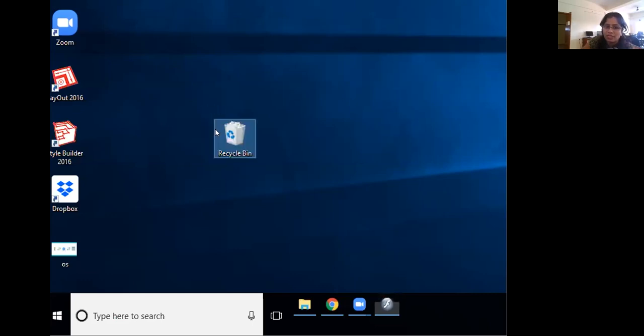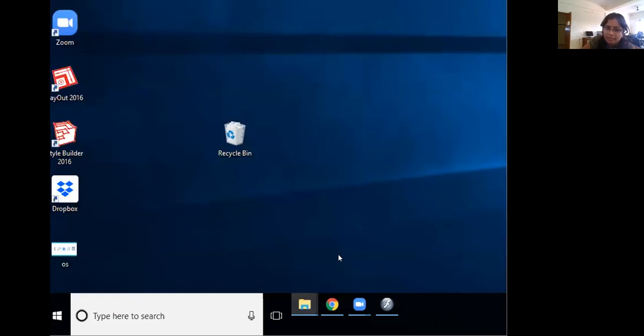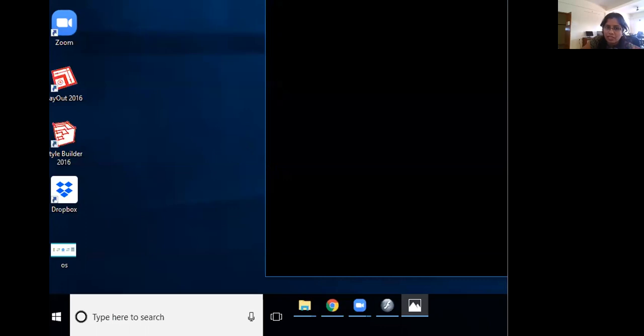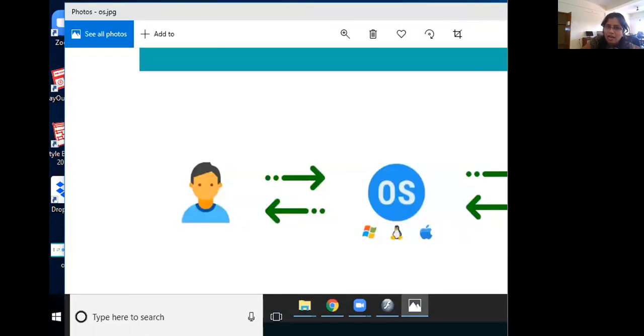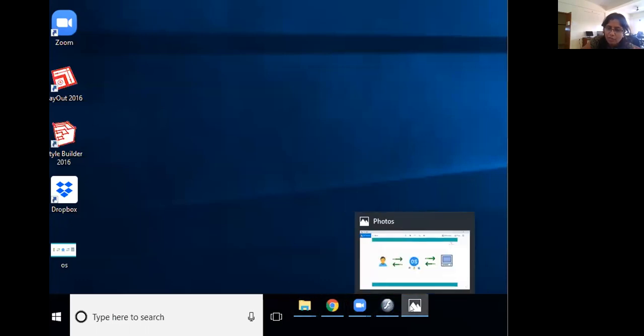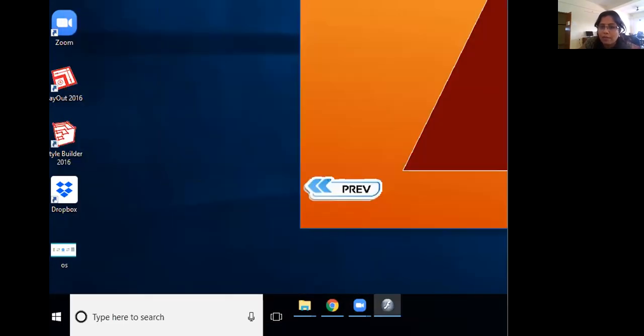Imagine, this is a recycle bin. I want to open the recycle bin. I'll double click it and I'll minimize it. Okay, it did not happen. Okay, here is an image. Children, I have just opened an image. Yes, you can see a picture in front of you. I will minimize. See here, earlier only 4 tasks were there. Now I opened one image also, and I have minimized it, so it is on my taskbar. Correct? Now I closed it. We'll come back to our presentation.